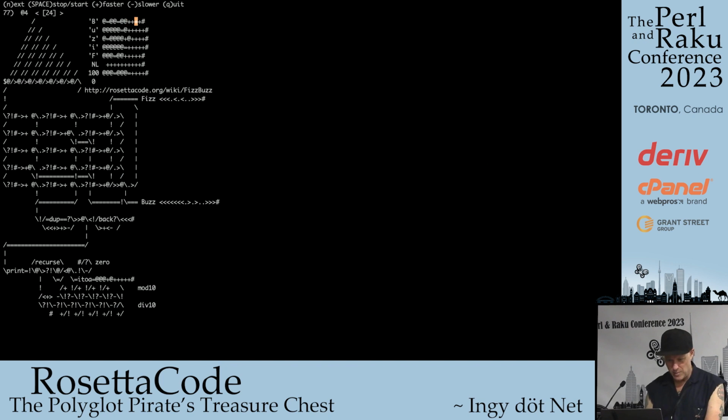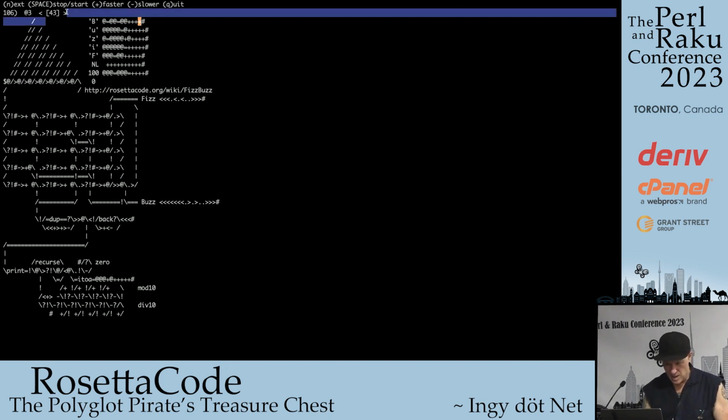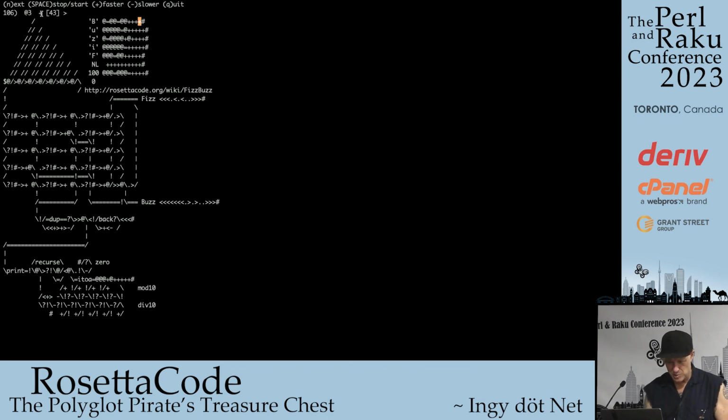What it's doing now, and I'll stop it for a second, up here is a register, and it's going to make a bunch of registers. It's trying to get the letter B, which would be 66, capital B, into this register. So it gets to 66, and then it returns. So basically, it's just doing all the setup for this. I can make it run really fast so we can get past the initialization.